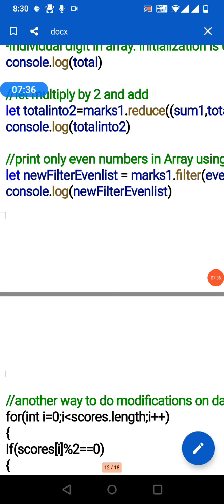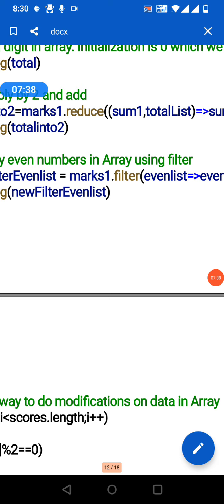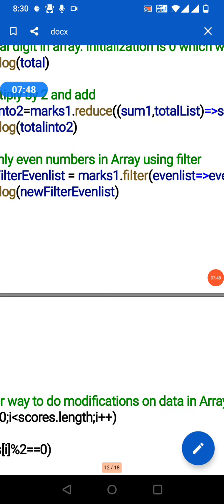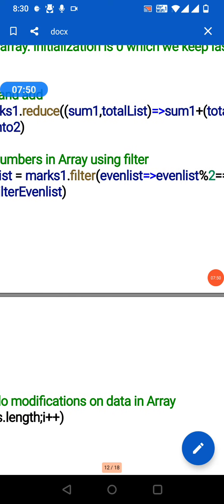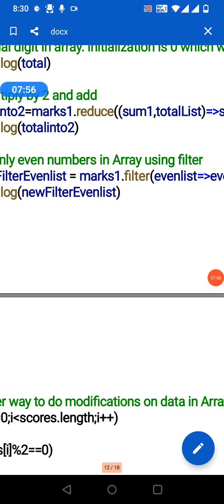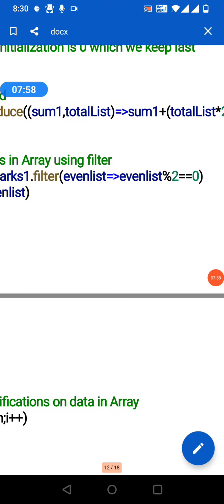To print only even numbers in an array, we need to take the filter, right? Only some part you want to take, right? For that we use filter. marks.filter even list, arrow symbol, even list percentage 2 equal 0. This is a normal variable.